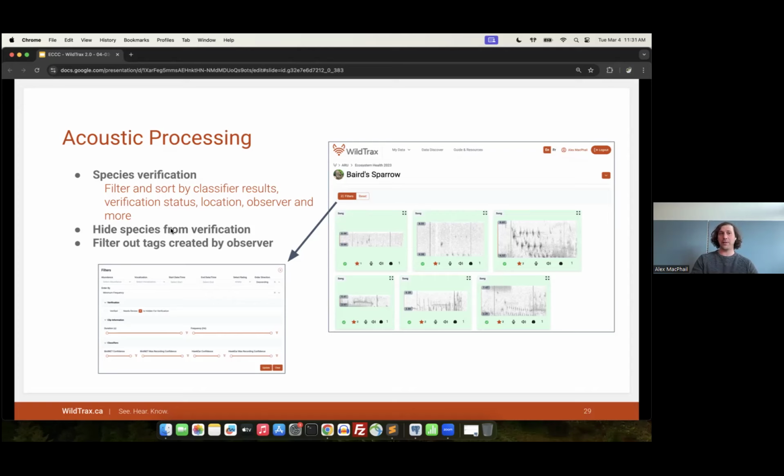There'll also be the ability to hide species from verification using the project sync functions. So if there's a series of tags that you don't want to see for the verification part of things, you can omit them from the interface by default, and also filter out tags created by the observer who already processed this recording. So if I was going in and processing all these tags for Barred Sparrow, and then I went and checked my own tags, well, of course I want them to be right, so I'm going to verify them. But we want to be able to provide some better controls for that type of data. So being able to filter those out by the person that created the tags versus the person that is verifying them will be more streamlined as well.